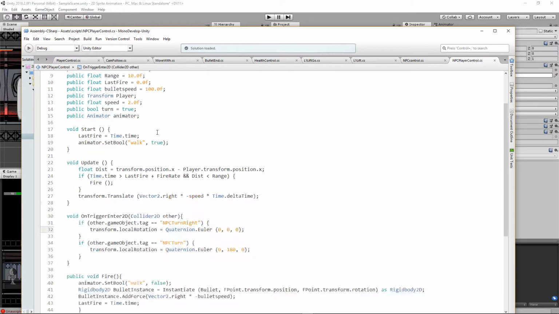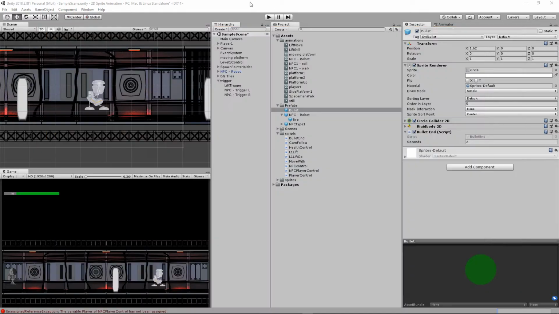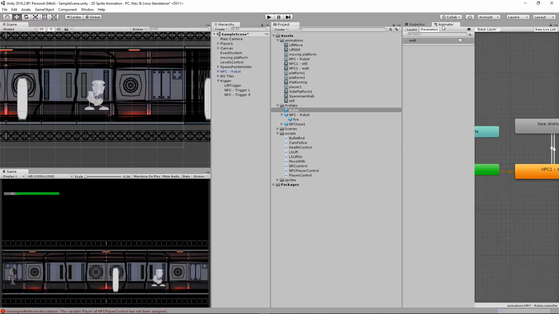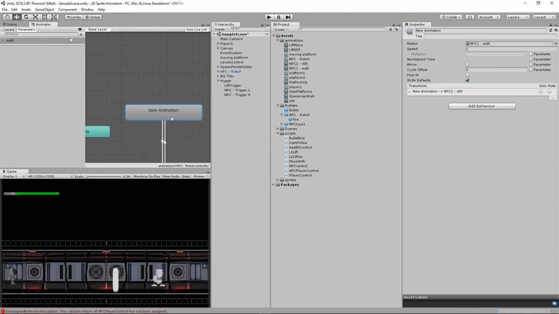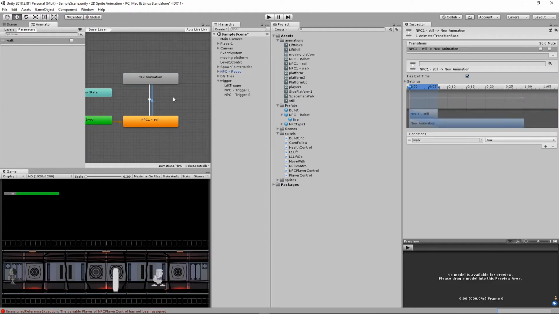Oh, my brain is not working, so maybe we'll come back and fix that later. But basically, when I'm colliding with the bullet, that collision is stopping the animation. So when walk is true,